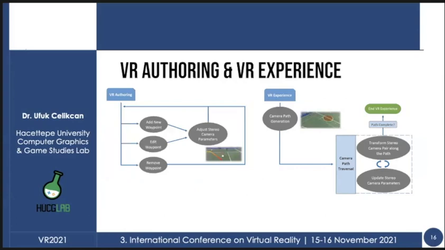While VR experience is the main part where our automatic camera control method takes place, it requires an arrangement of stereoscopic camera settings, or in other words, a depth layout. VR authoring interface is used to create these depth layouts. Users can promptly start their VR experience with an existing preset depth layout or use VR authoring interface to self-author their own depth layouts.